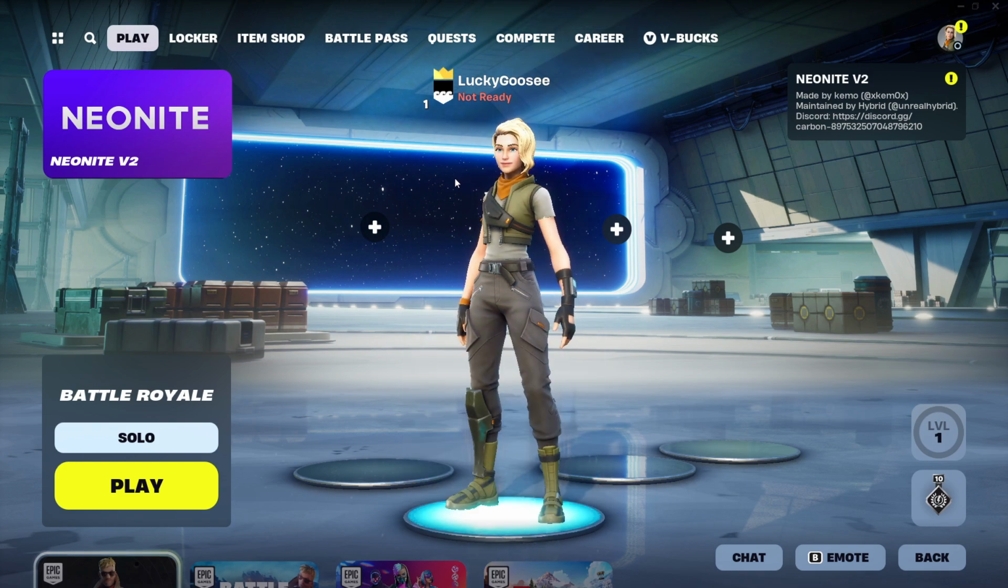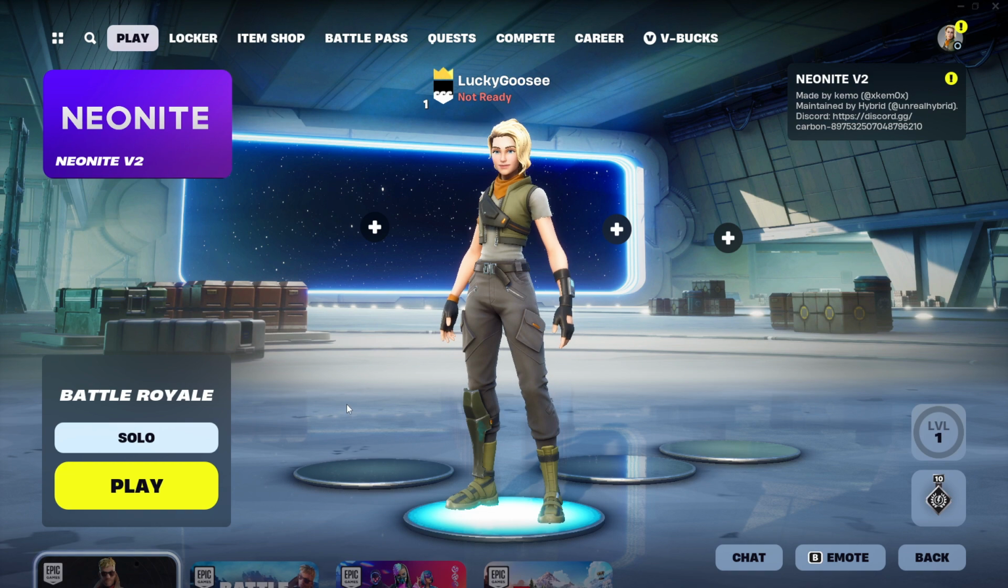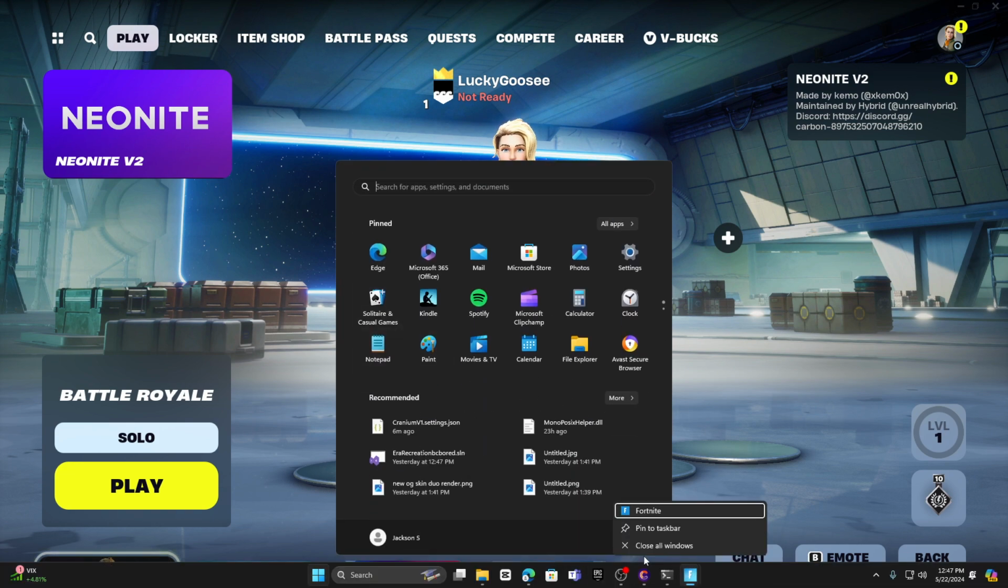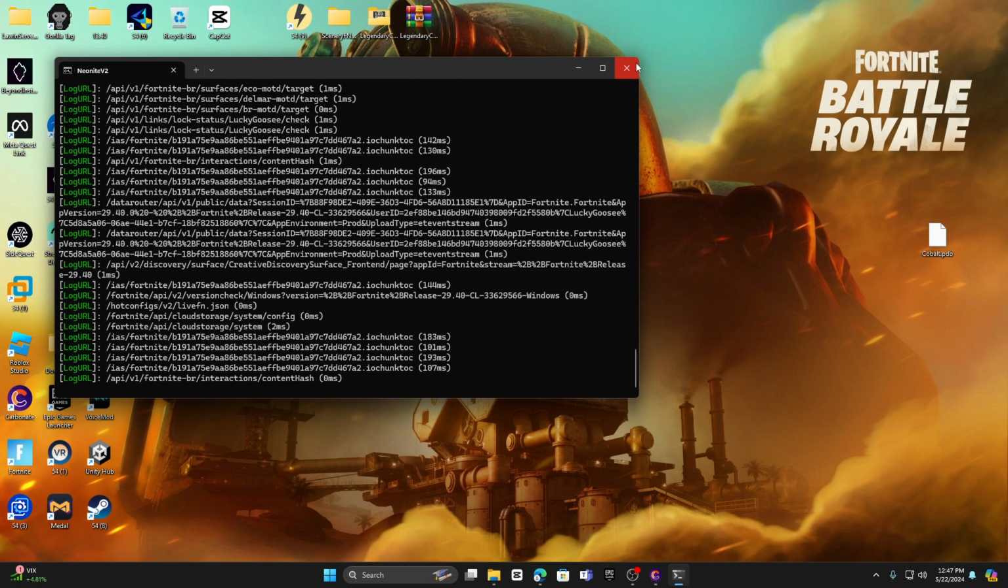Okay, so now that you have it, if you think all you have to do is click ready up, well, it's going to unready you because that's not how that works. So what we actually need to do is close out of this, which I don't think the quit button actually works. So we're just going to click close all windows, close Neonite V2, and